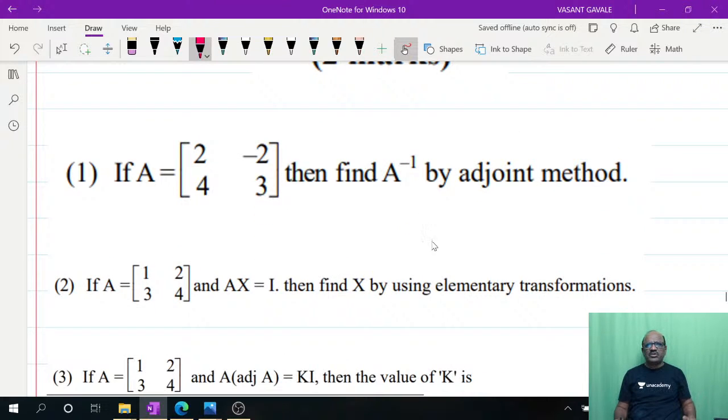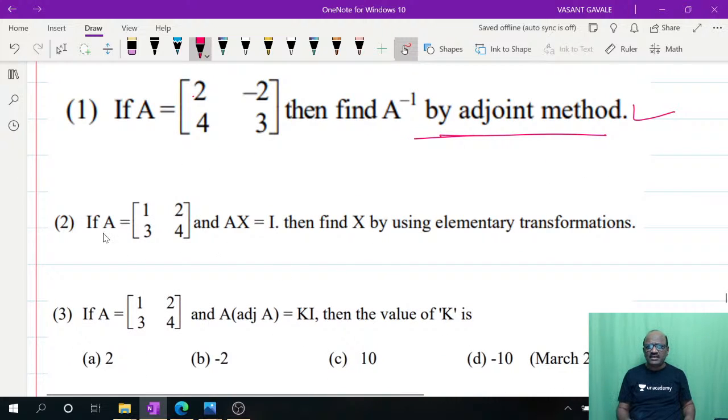बोर्डाच्या परीक्षेमध्ये यापूर्वी विचारलेले सर्व आपण प्रश्न बघणार आहोत. हे सर्व क्वेश्चन्स 2 मार्क्स साठी आहेत. बघा, if A is 2 minus 2 4 and 3 then find A inverse by the adjoint method. माझ्या YouTube चॅनल वरती देखील मी हे सर्व क्वेश्चन्स 2 मार्क्सचे यापूर्वीच घेतलेले, तुम्ही ते बघू शकता. Find out the inverse by using the adjoint method and it is for the 2 marks.